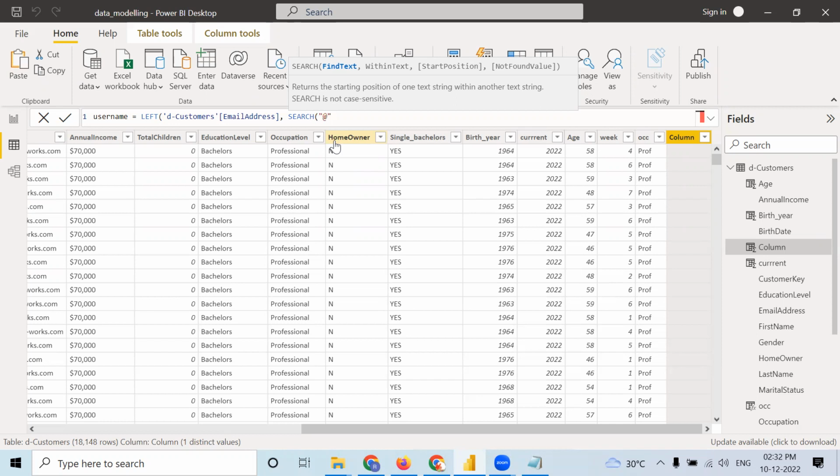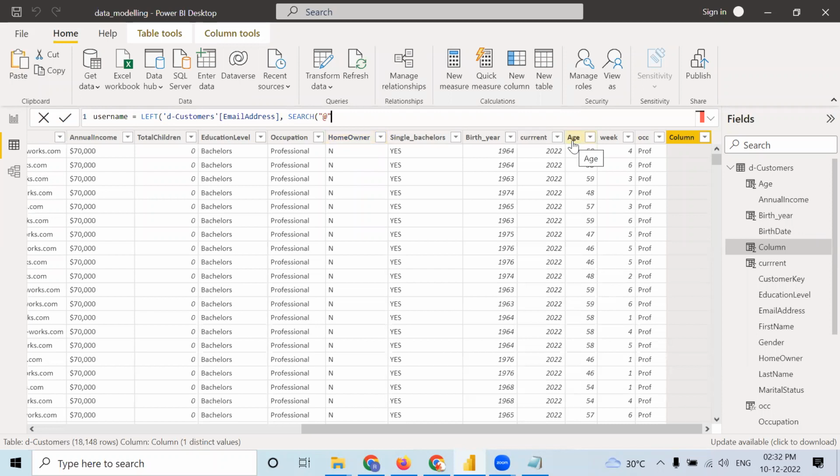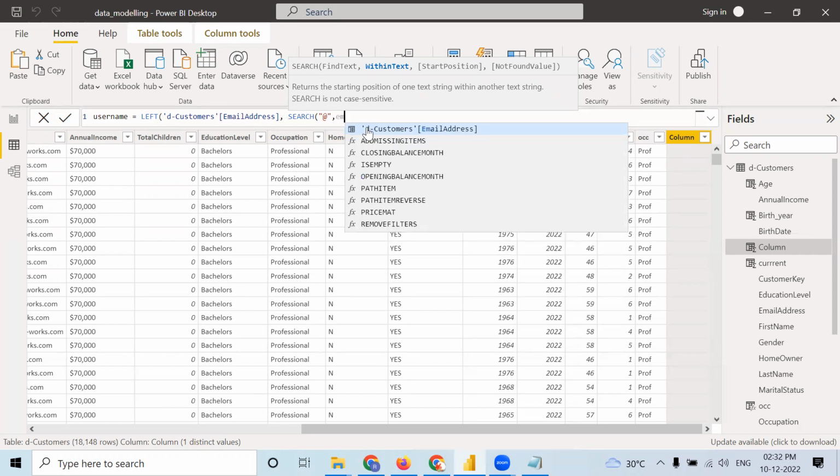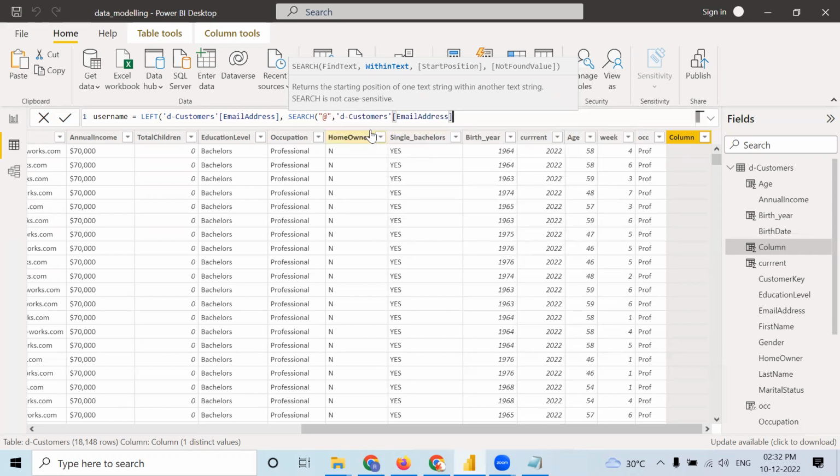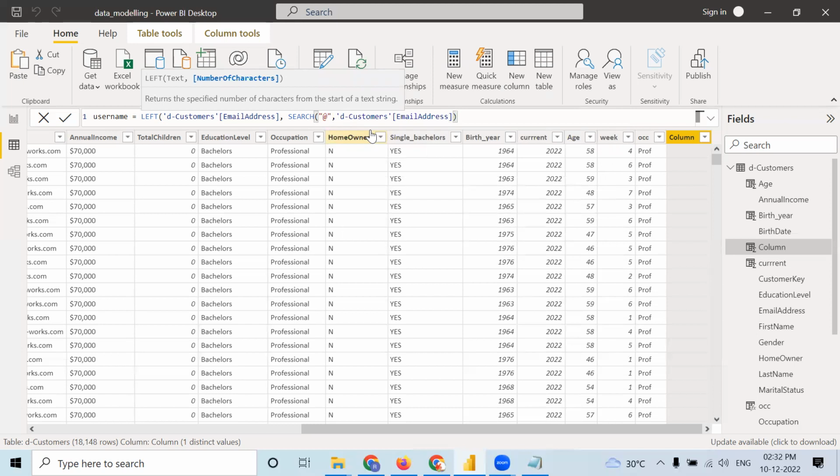And then we have to mention from which particular column. In that case, we have to mention the column name. That is the same thing, right? Email address. So write email address. Then close it completely with one more bracket. And when you press enter,